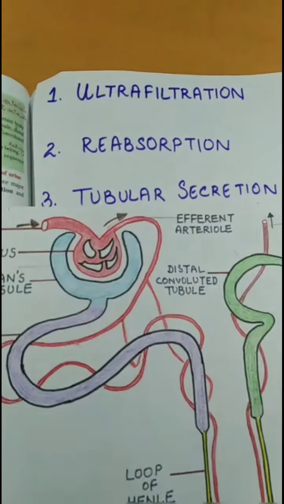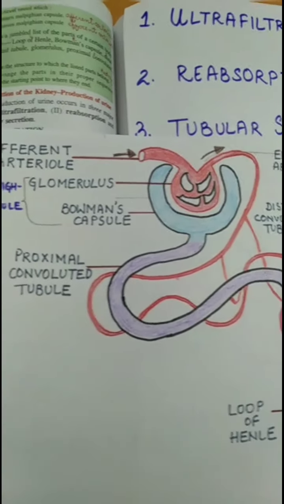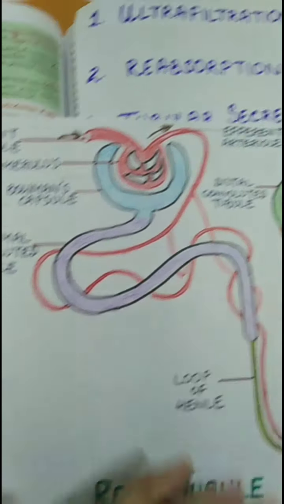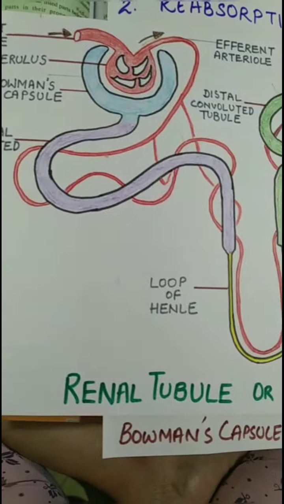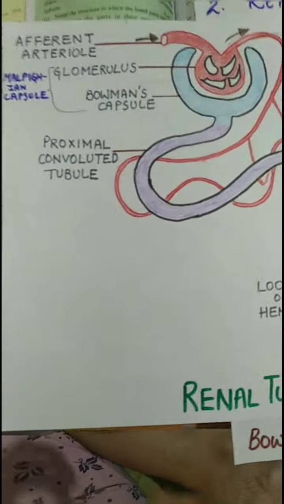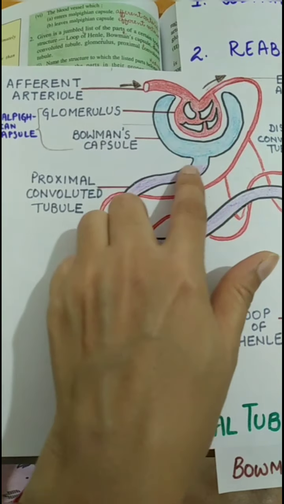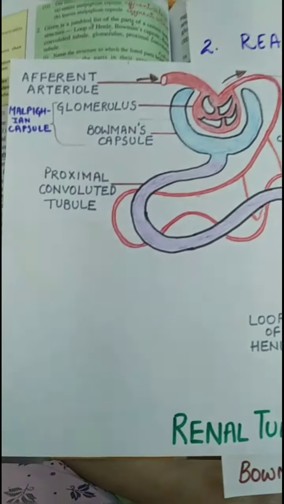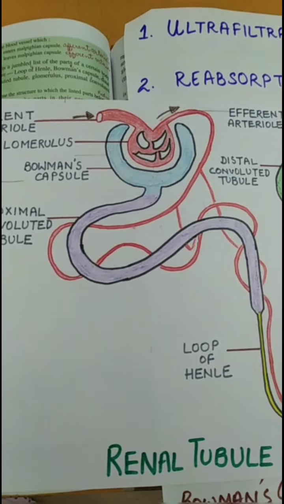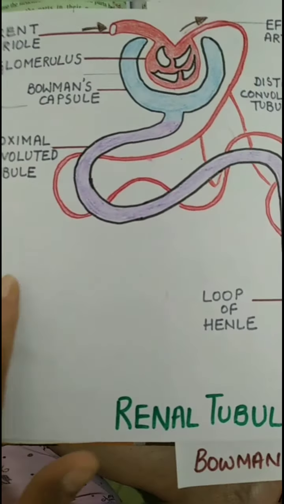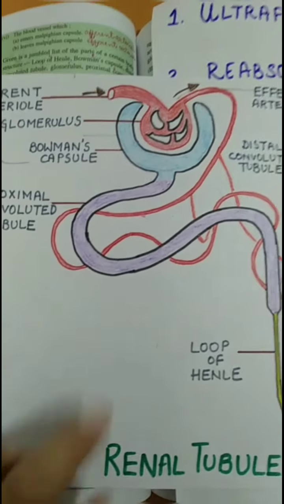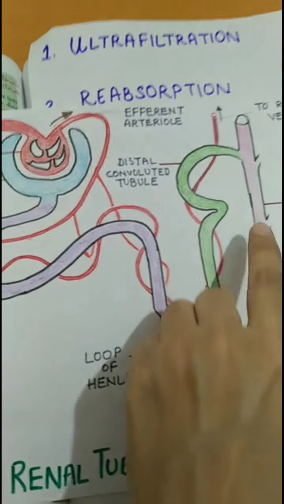See, the amount of water which is reabsorbed is only up to the extent which does not disturb the normal composition, normal concentration of the blood. If you haven't drunk plenty of water, then your blood already has less water inside it. At that time the water which enters this PCT is absorbed, so you will urinate less. If you have already taken an ample amount of water during the day, PCT need not absorb the excess water, and in that case the urine formed will be more.